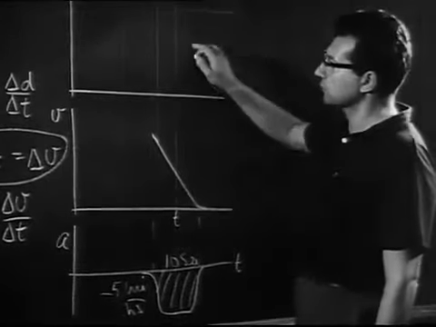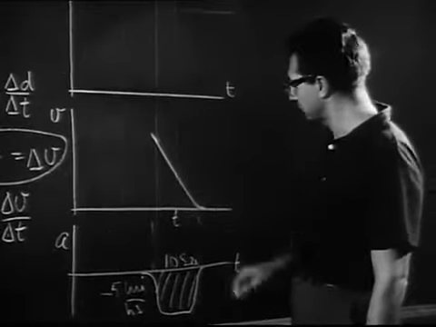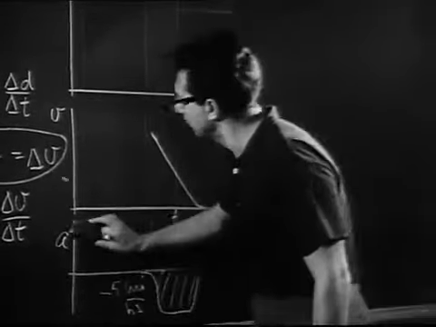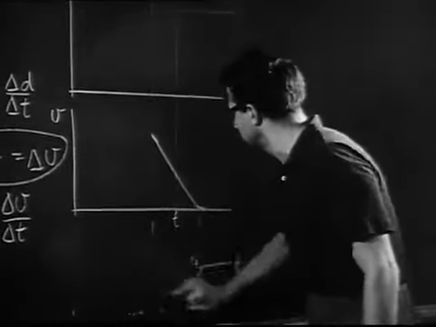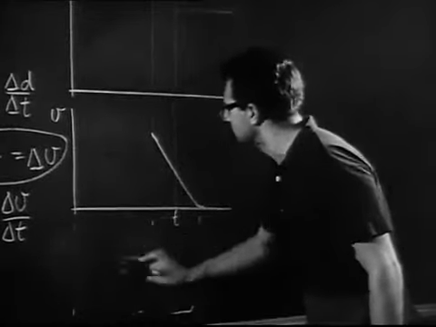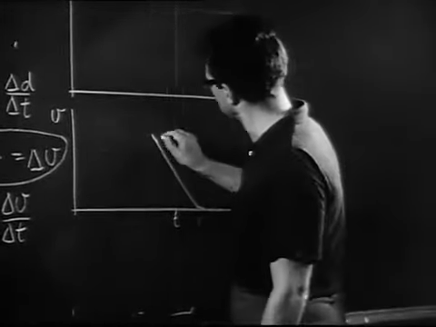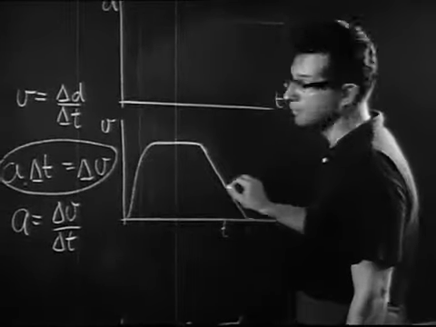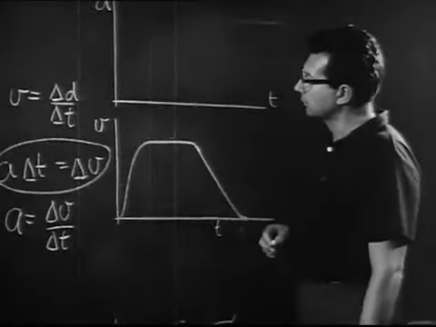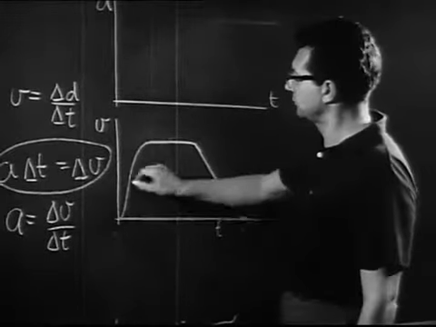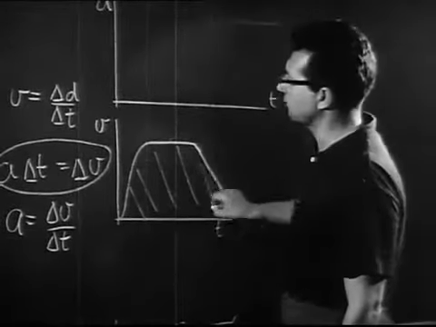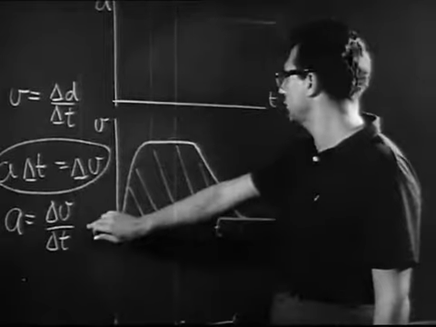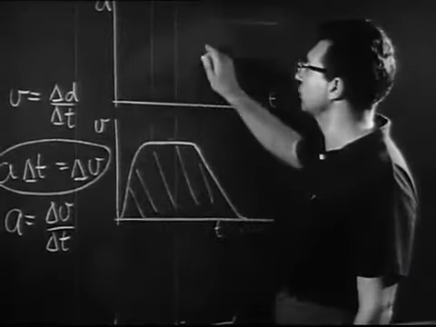Now I'll go on and try to construct the distance curve from the speed curve. And I'll give myself a new problem. I don't need this anymore. And if I make a trip complete, I would perhaps start at rest, build up to this, and then decrease. Now clearly I want the area of this, because I have the same relationship here that I had here, and that area will give me the change in